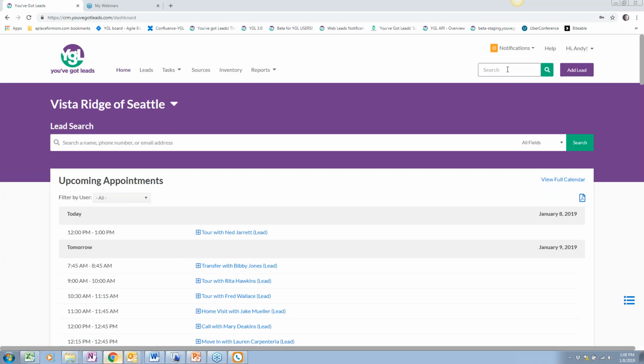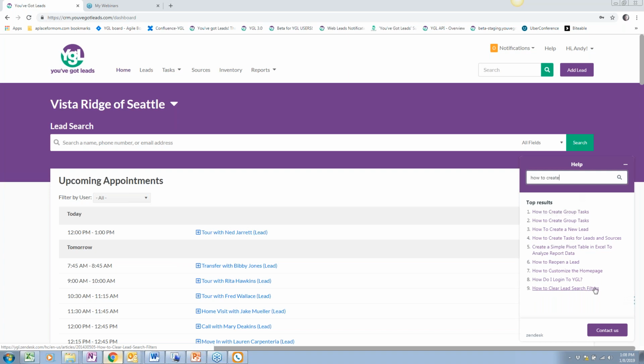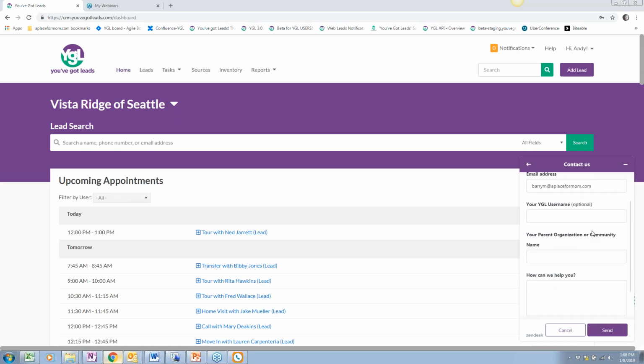All right, so I did mention support and how to get support at the top of the call. So I'm going to click on help there. And here is where you can search topics, how to create, perhaps you might find how to create group tasks. Okay, there we go, how to create a new lead. So there are different ways that you can find different topics regarding the common features and functionality within You've Got Leads. Now, if you can't find what you're looking for, then I would click Contact Us